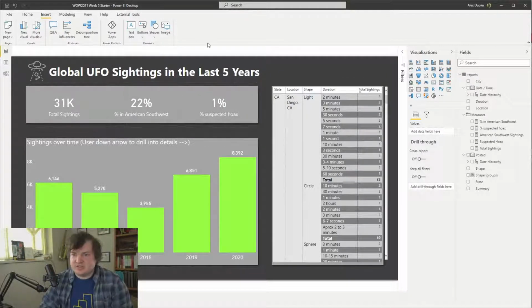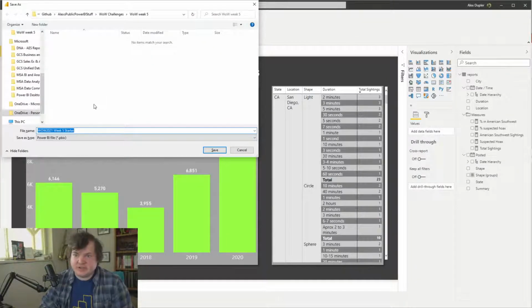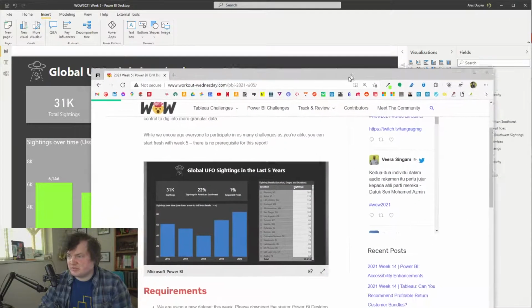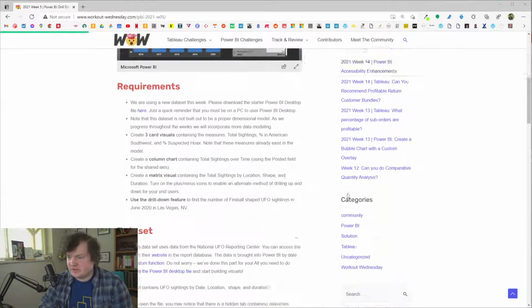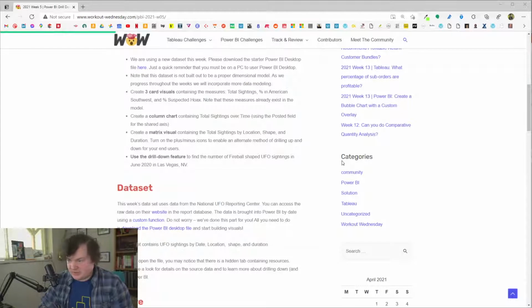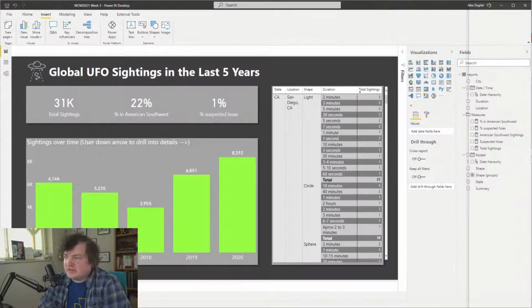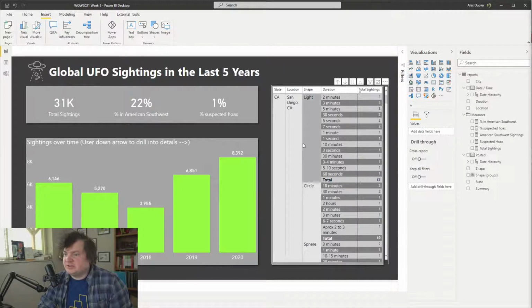Okay, so let's save this into our GitHub, and let's go on to the next. Let's look back at the challenge, and see. Use the drill down feature to find the number of fireball-shaped UFO sightings in June 2020 in Las Vegas, Nevada. Okay, so